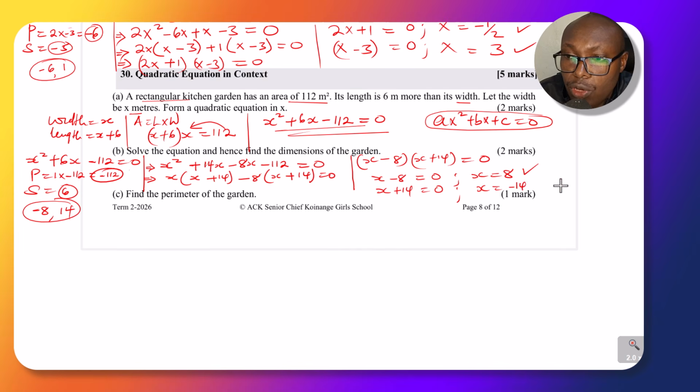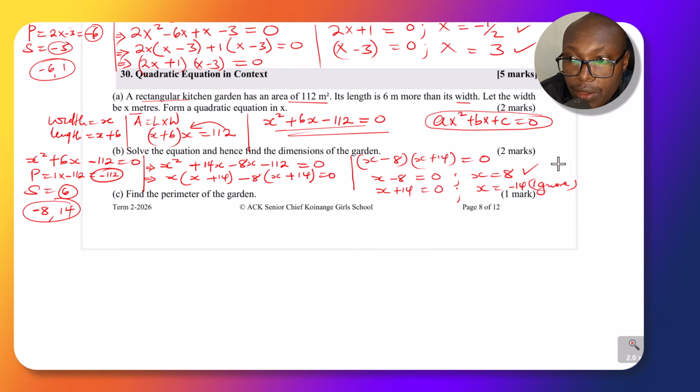So you have two values of x, and since x refers to the dimension, which is the width, it will not be negative. Measurements cannot be negative, so you ignore the negatives because this is the length. You take the absolute or the positive, you ignore the negative. So therefore the width is